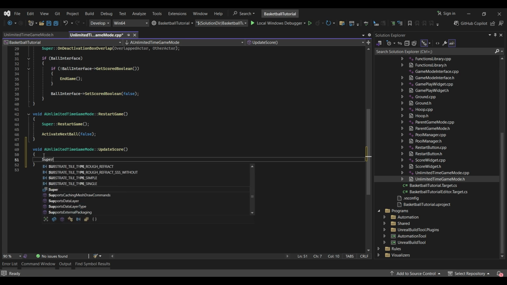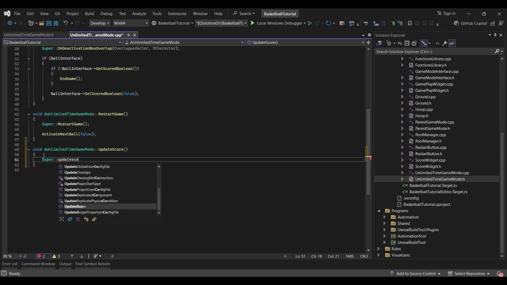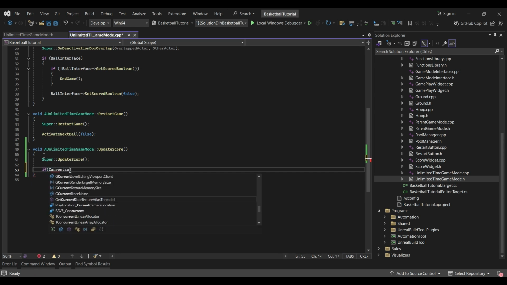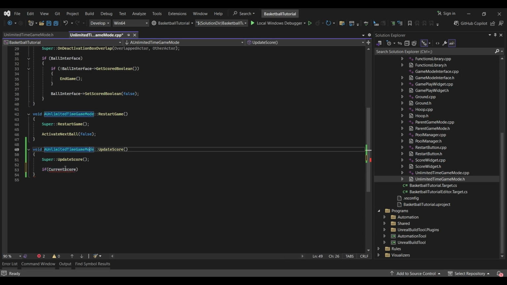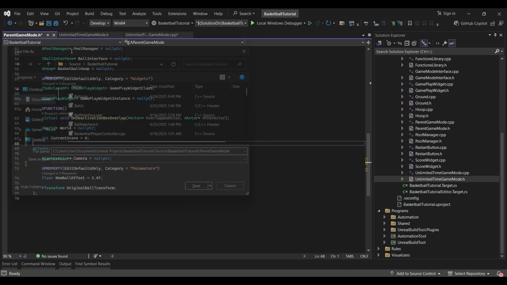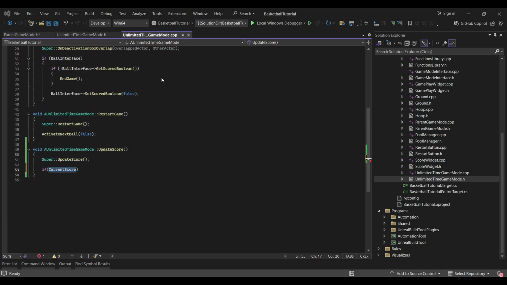Let's call the parent. And now, if the current score, let's make it here protected, not private. If current score is equal to,